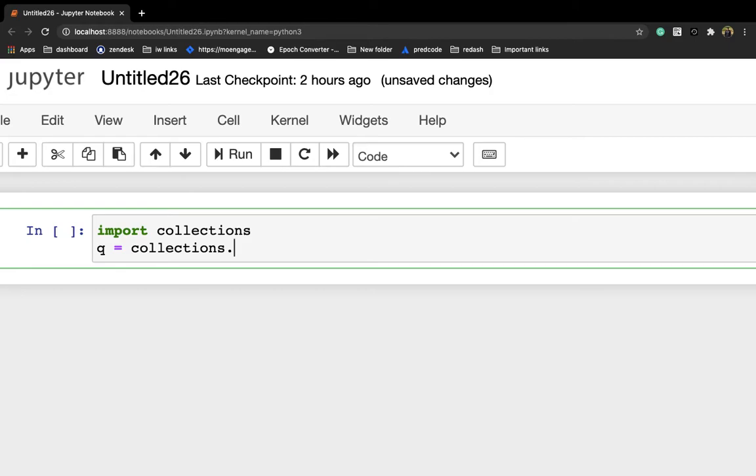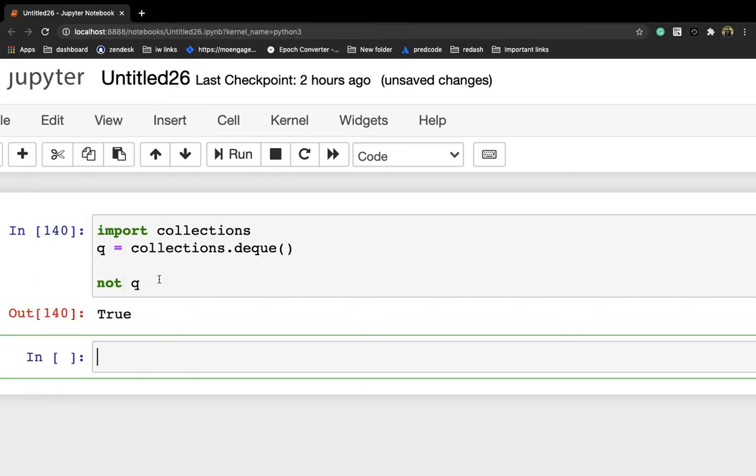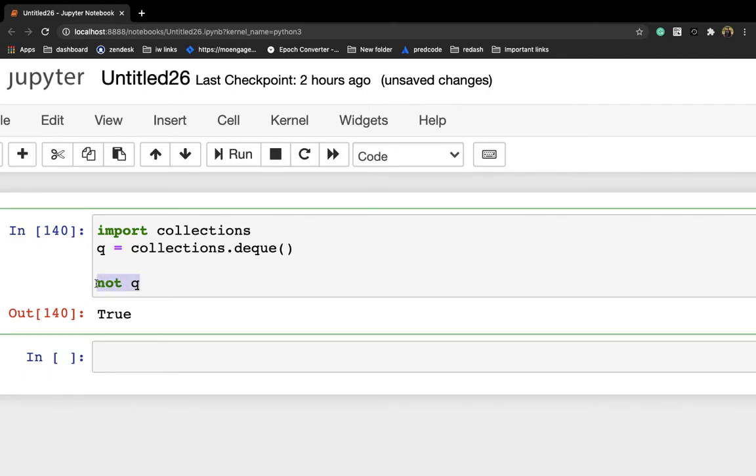So I can write here deque. After that let me check not q, so it will return True, because as of now there isn't any element in this queue. If there isn't any element in the queue it will return True, else it will return False.